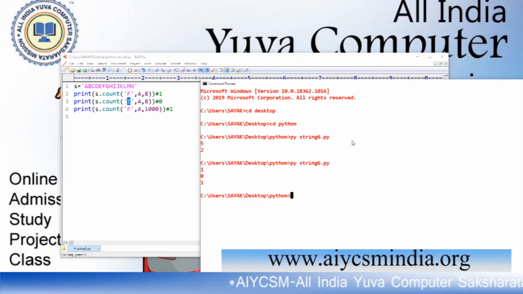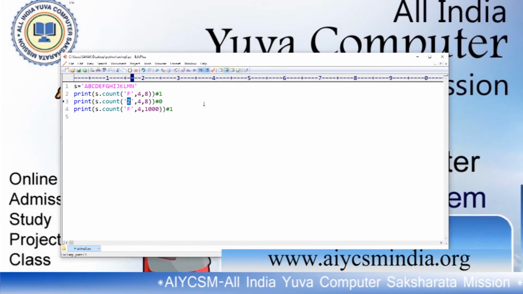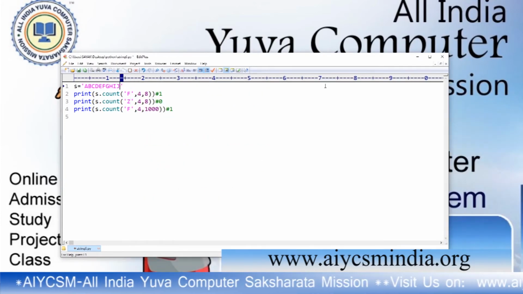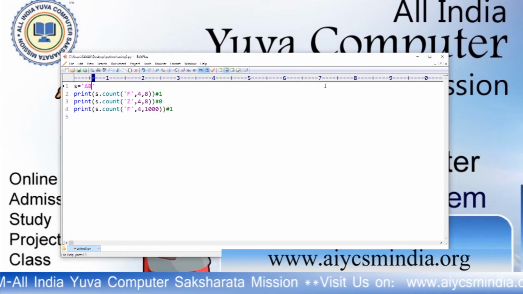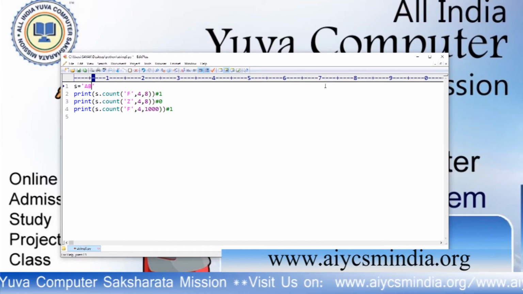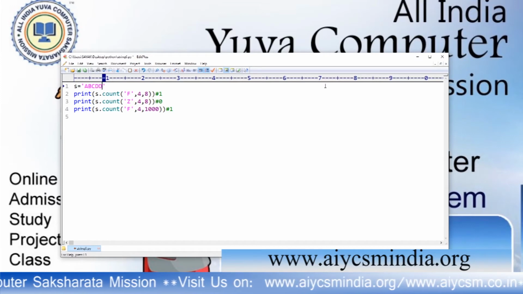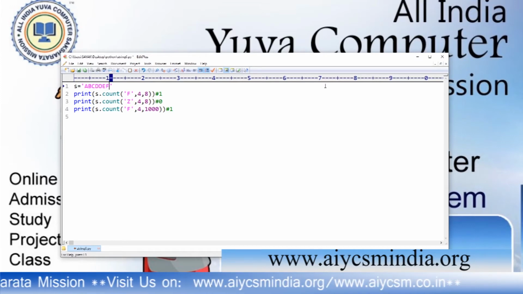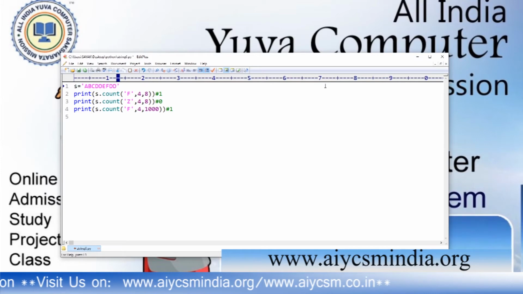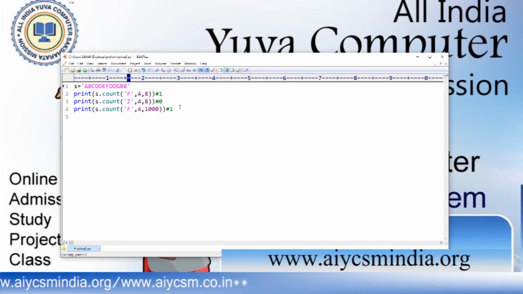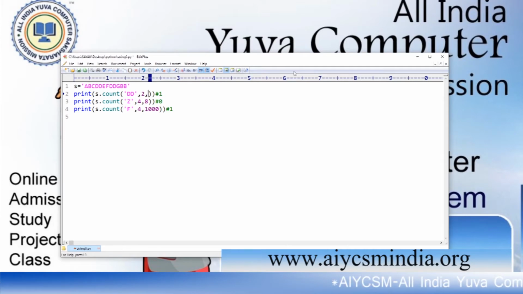Now I have to print another string and search it for a correspondent list. dd ef dd gbb, and I have to search dd from 2 to 8.